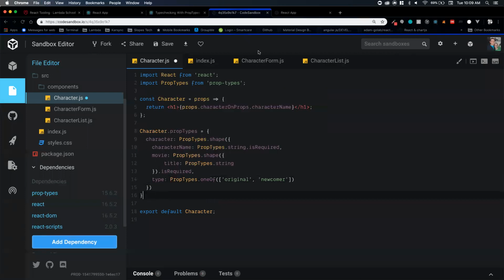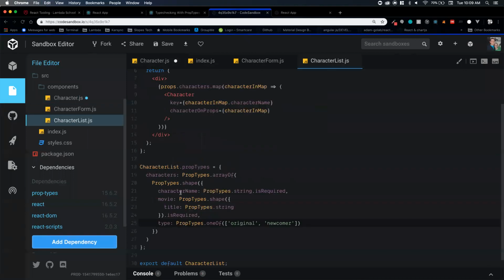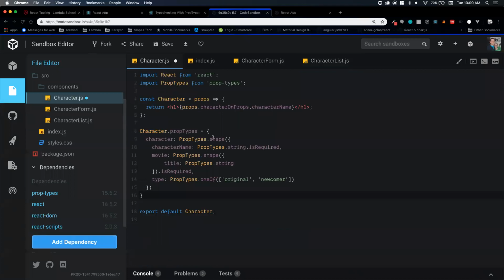So we just borrowed everything we did in character list because it's already defined, and put it onto our character component. So this is what I'm talking about. We've got props.character on props. If we say that a name is not required, we're going to run into an issue inside this component. The issue will be that if we've got a character that doesn't have a character name,